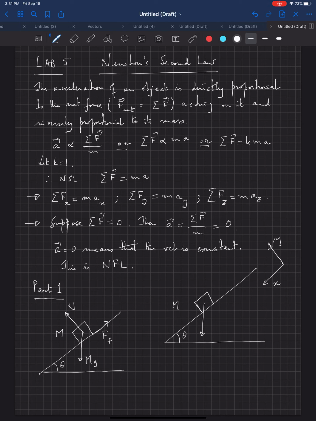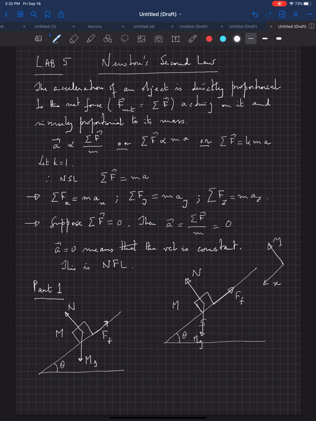This is the weight, right? This is the weight. This is the normal force. So the normal force is in the y direction. The frictional force, because it's not sliding down, is in the negative x direction. And now what I want to do is break up this